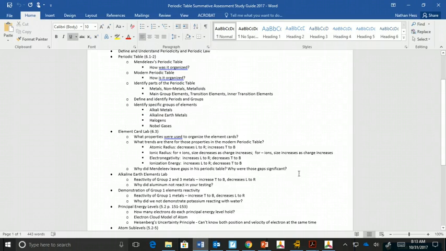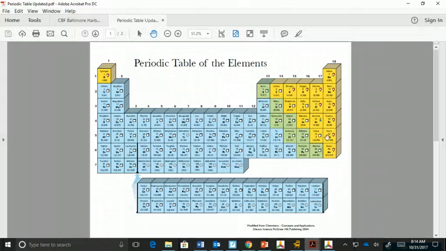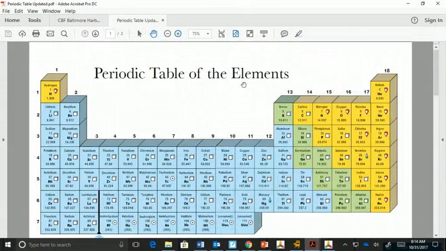In our element card lab, we used the main way that we organize the element cards. We're using atomic mass and periodicity, because on those cards we didn't have atomic number. So you ran across some of the same problems that Mr. Mendeleev had, that there were some elements that seemed like they should go in certain places and it didn't quite work.